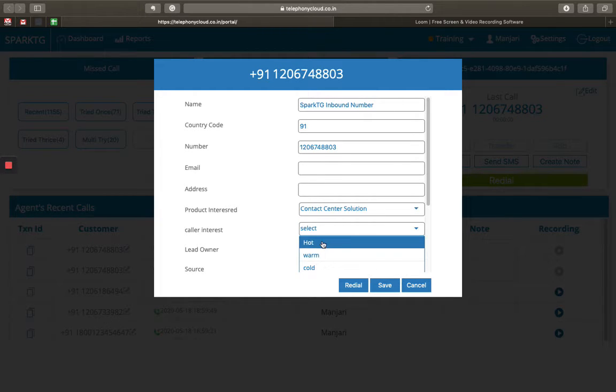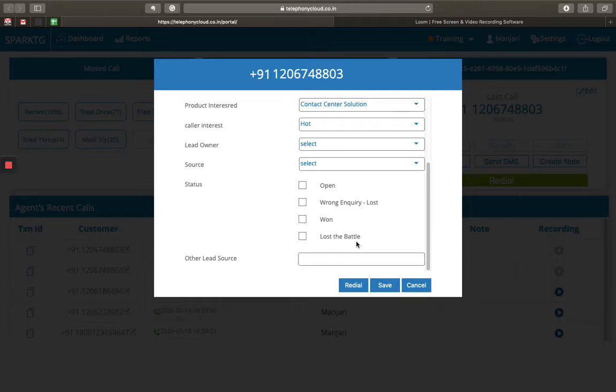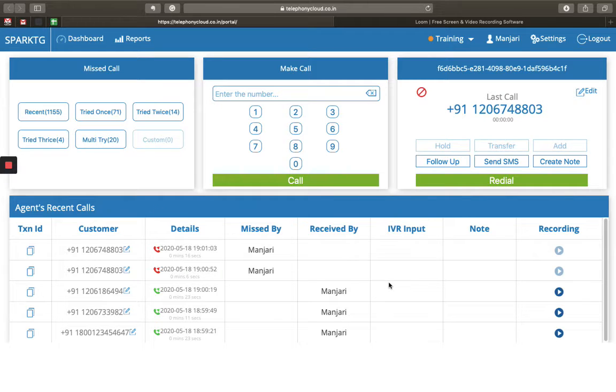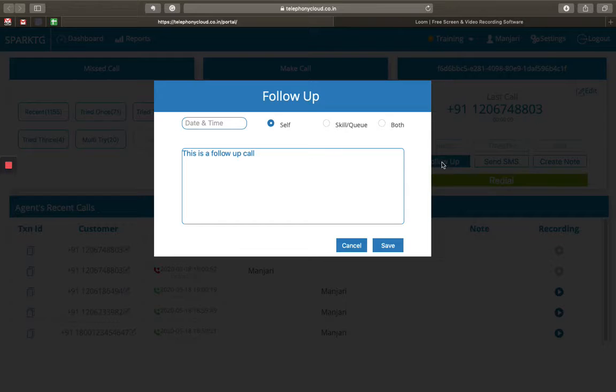So the form you see over here is something that has been created by the supervisor of your service. So in case you want any change in your form, then this can be edited by the supervisor of your service. Any call that is not currently live, there are three actions that can still be done with that call, which is putting a follow up. So I can put a follow up with this number.